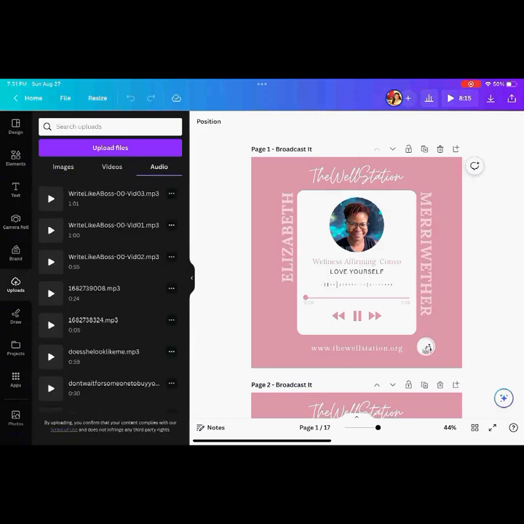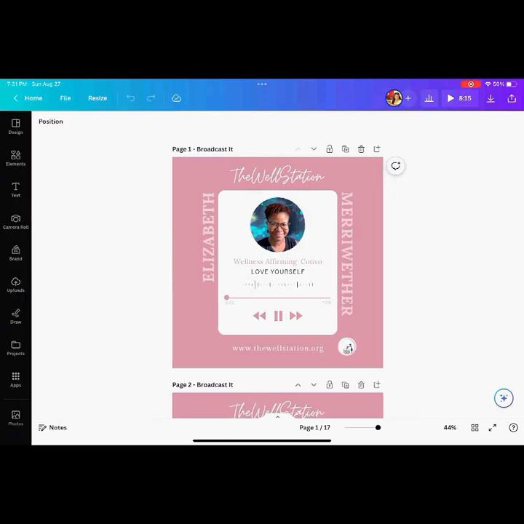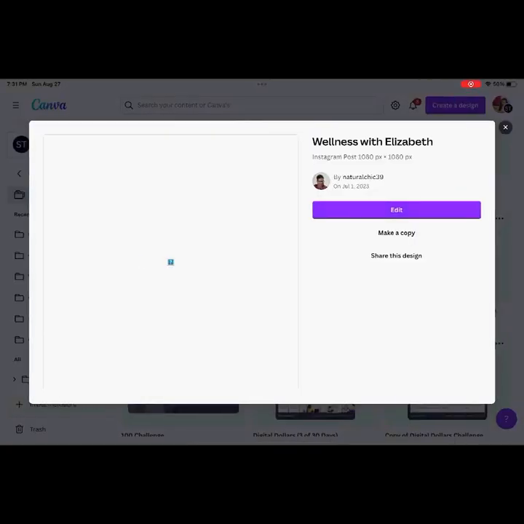So I have a ton of audio files here. You can easily upload the content and then drag it into the document to play it, right? And then you would edit where you want it to be, as far as if you want the whole audio or if you want clips of it, okay? And like I said, this one, I customized it for Elizabeth, versus you having the template and working on customizations for yourself. Either way, that's something that you can do, okay?